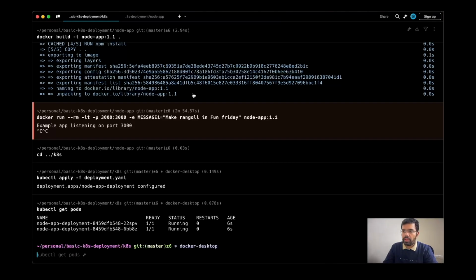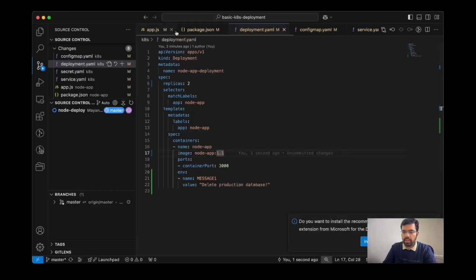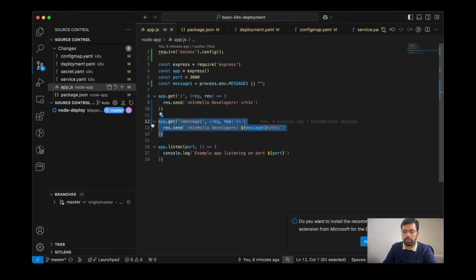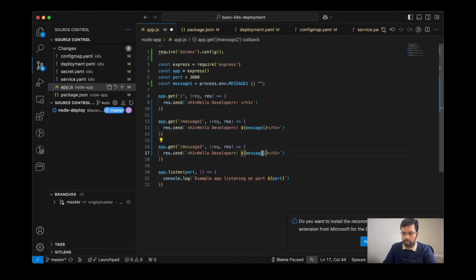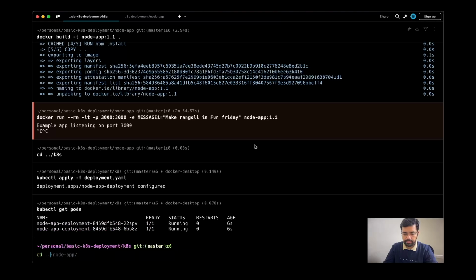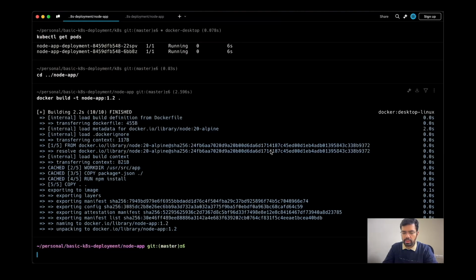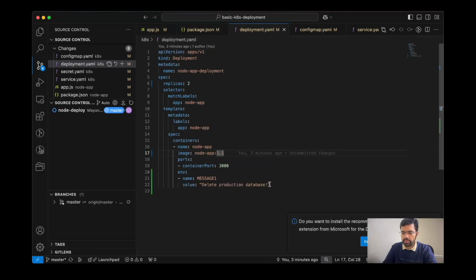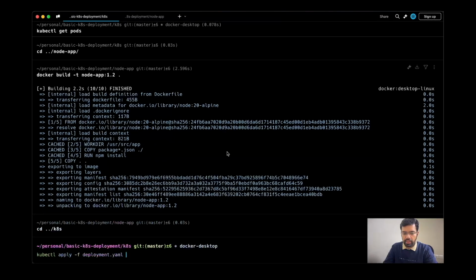Let's take it a bit further. Now in the code base, I will change the app.js and I will introduce one more environment variable. Now I will build the image again with a new tag. Okay, this time we will deploy it, make the change in the deployment as well. Here the name should be message2 and the value should be what's the recent trend, 90-hour work week. Now I will update the image tag as 1.2